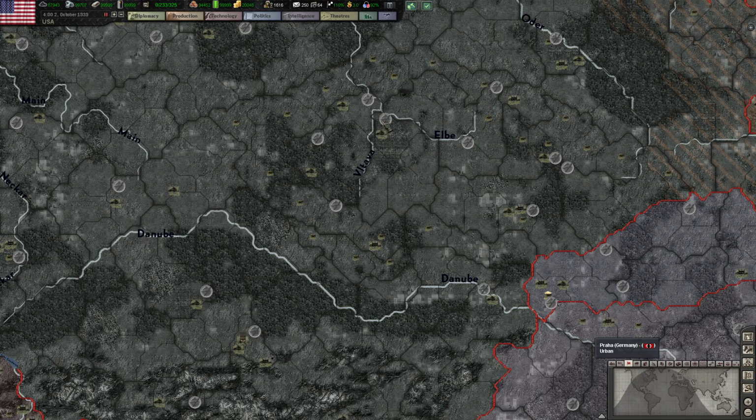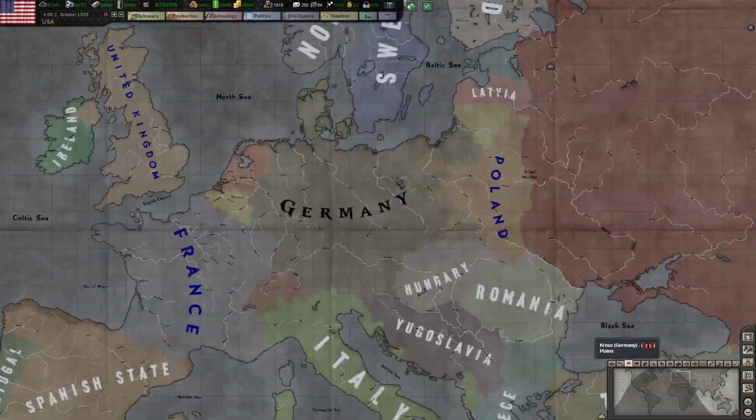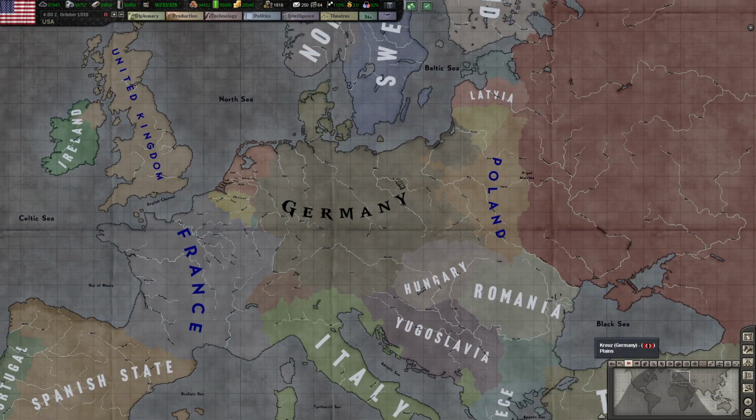So France and Britain are unwilling to go to war over Czechoslovakia, but France, I know, had an explicit treaty with Czechoslovakia. I'm not sure if Britain was a signatory part of the treaty. I don't think it was. I think it was just France and Czechoslovakia. Now, also remember at the time,